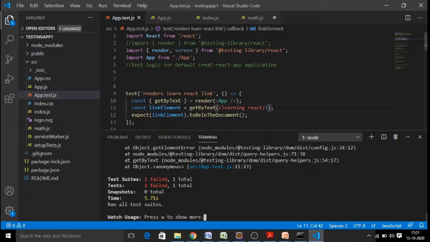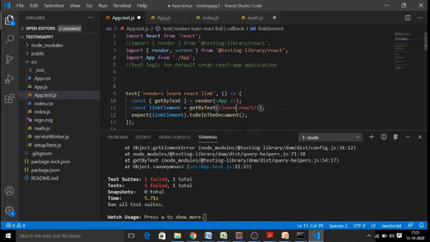This is how you can write your test cases by expected value. First you create a link element to be matched with, and you check that element to expect so and so the expected value, and the outcome you are getting from your app component. Whenever it is not matching, it will throw the exception, means your test exception.